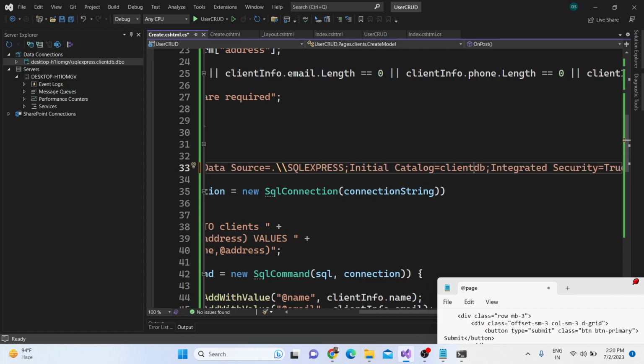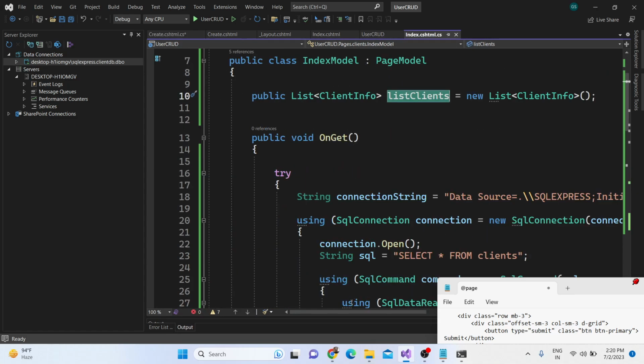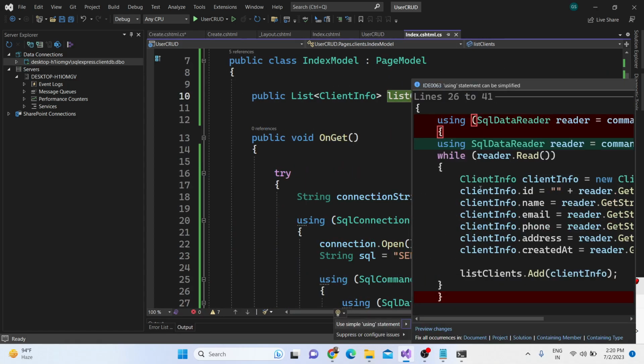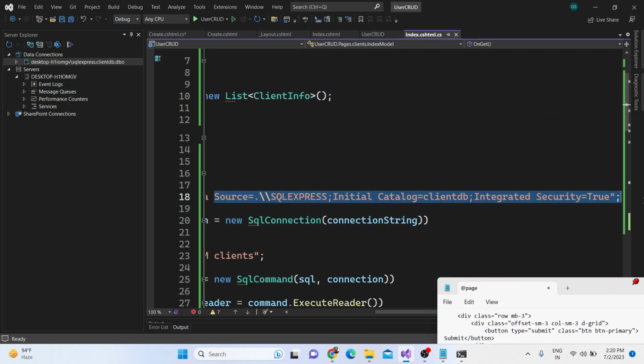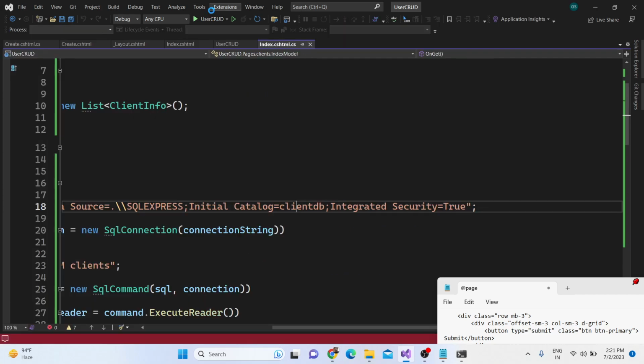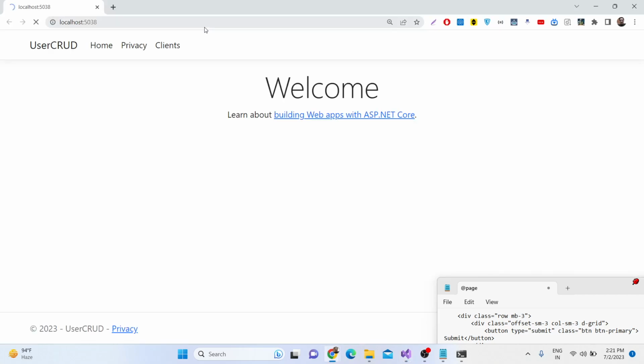Okay, sorry, this is client DB, not clients DB. This is client DB, and inside our index also we have written the same. Let me cross check. Yeah, client DB. So now once again, if you refresh the database, sorry, application,